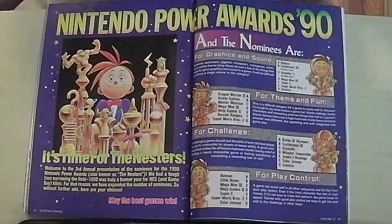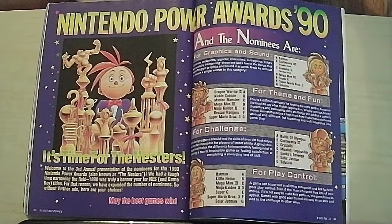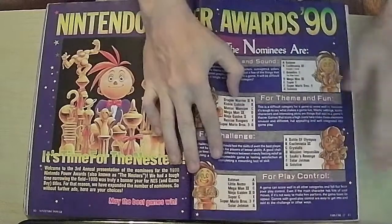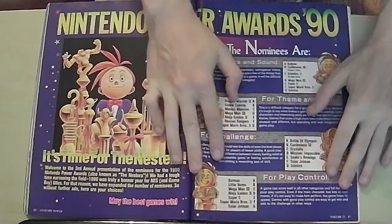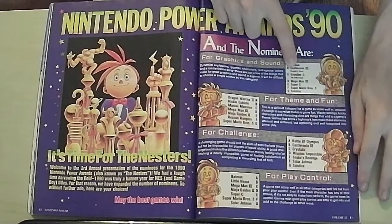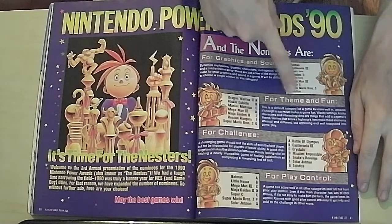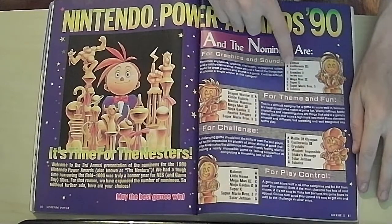Okay, here we go. The Nintendo Power Awards. Here are the nominees. I'm going to ask you guys, if you're familiar, feel free to jump in. Keep in mind what you think, and in the next issue we'll see what won. For graphics and sound, we have Batman, Castlevania 2, 3, Gremlins 2, Mega Man 3, Super C, Super Mario Bros. 3, and Solstice. For graphics and sound, I would give that to...